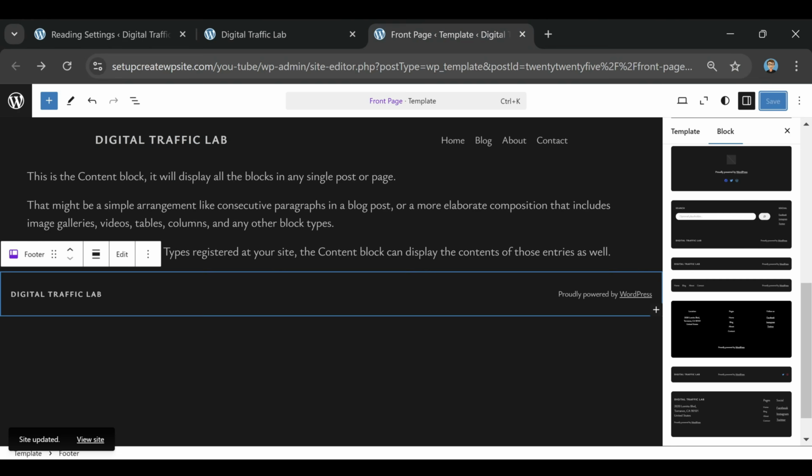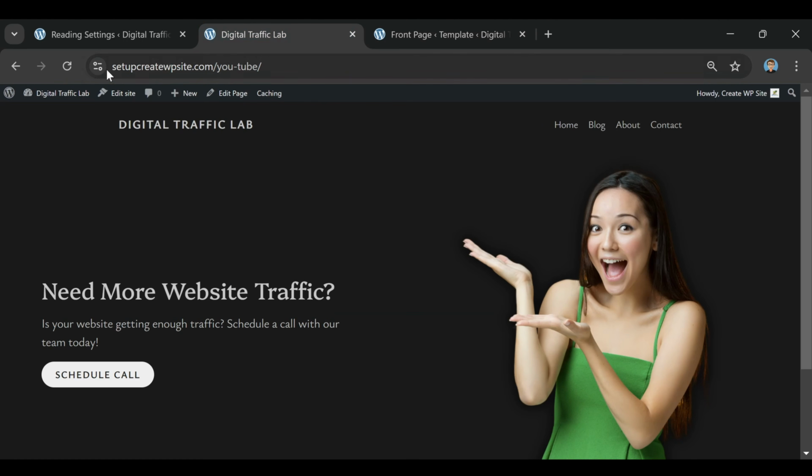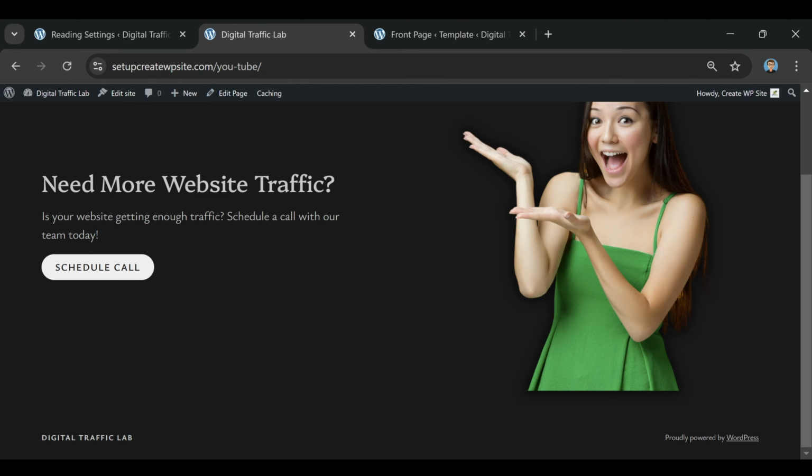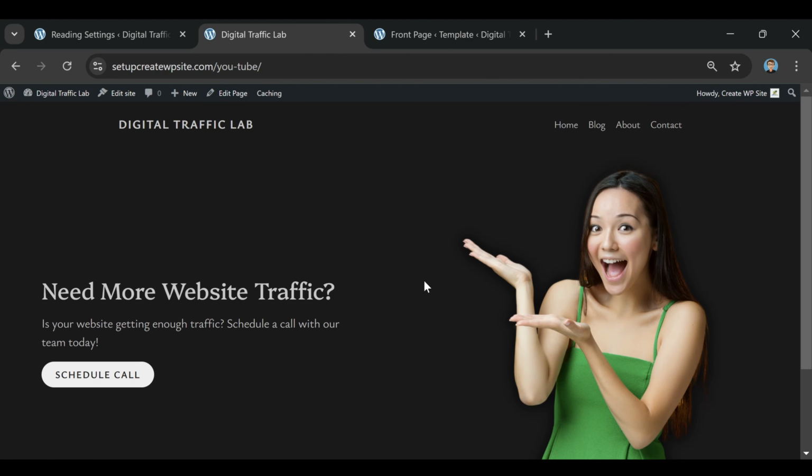I like that. So now if we go back here to our dashboard and we just refresh that and scroll down, you'll notice that that big footer that was there before is just gone and it's something a lot more simple now, which I feel like gives it a really great look. And so this is basically where you can make your choice whether you want to just keep it really simple like that,